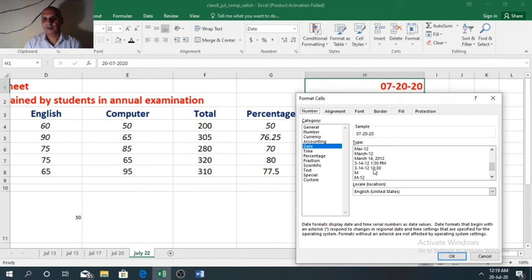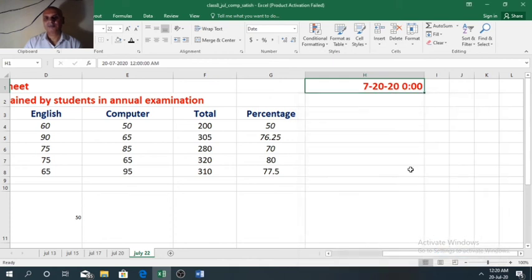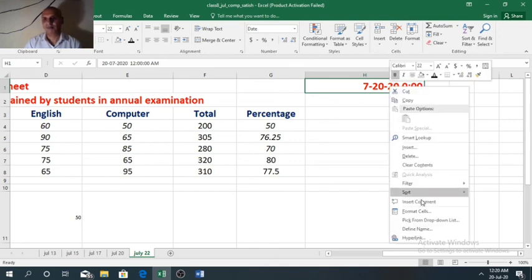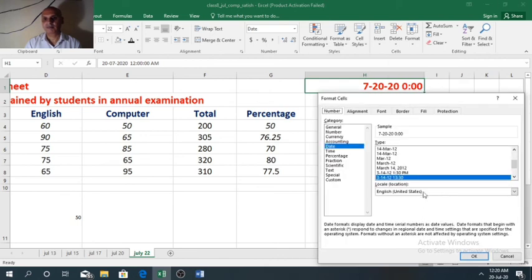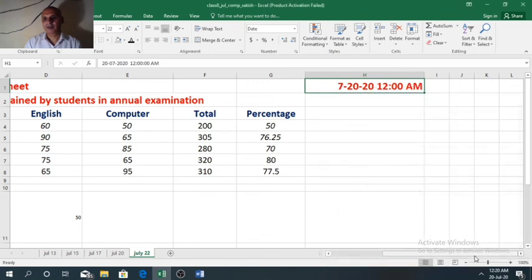If you want to show the time also, like I have selected. So one by one all option you can select.